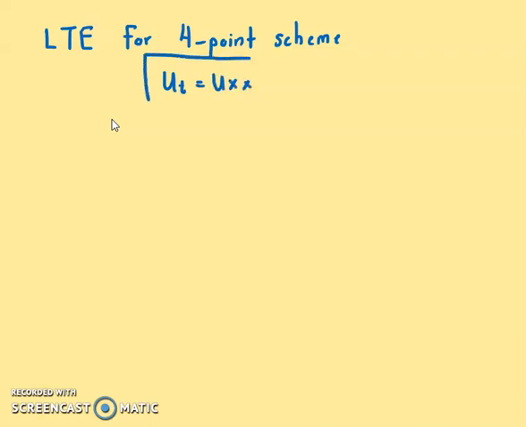Hi everyone, today we're going to look at how to find the local truncation error for the heat equation using the 4-point explicit scheme. LTE for the 4-point explicit scheme for the heat equation u_t equals u_xx. Okay, so the 4-point scheme is given by